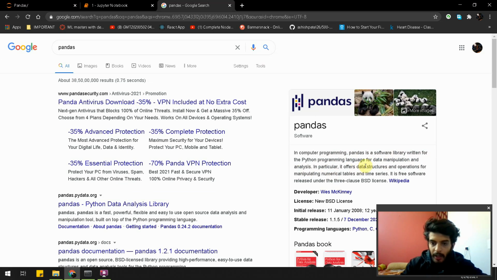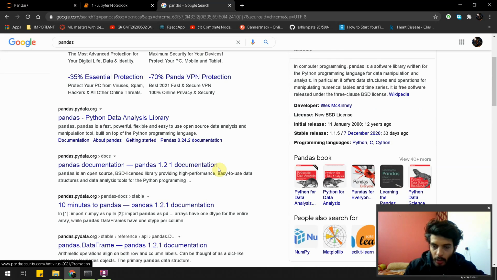It offers data structures and operations for manipulating numerical tables and time series. Now you can get to know what basically it does.